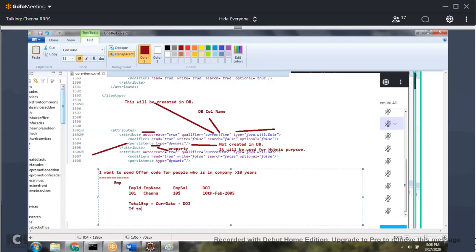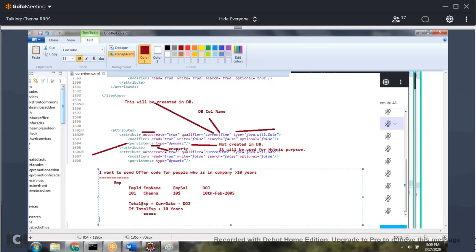If this total experience is greater than 10 years, then do the logic. So this total experience is not a DB column. It is required for the Hybris calculation purpose.